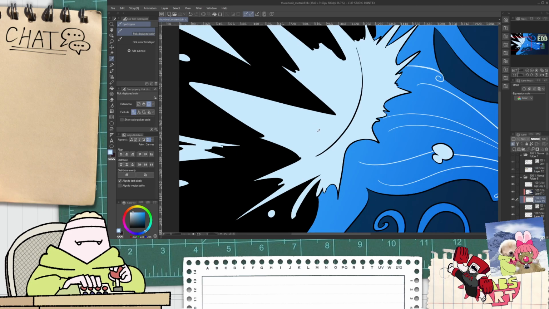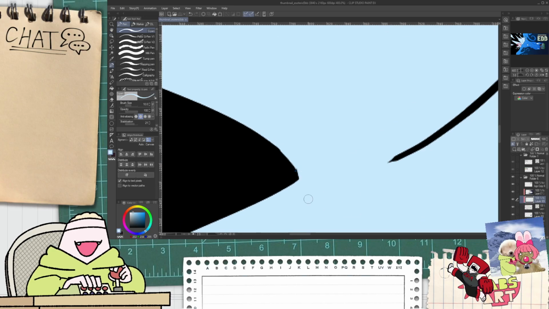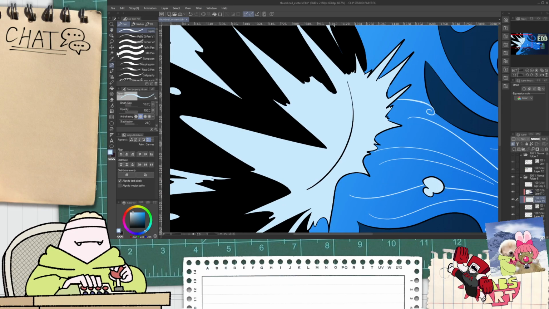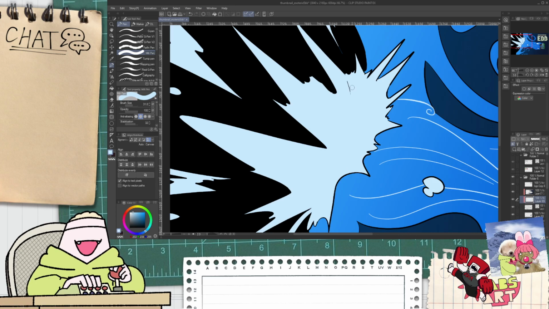Yeah. I keep hemming and hawing over this line here. I think I might erase it. I think having that ambiguity is actually helpful.